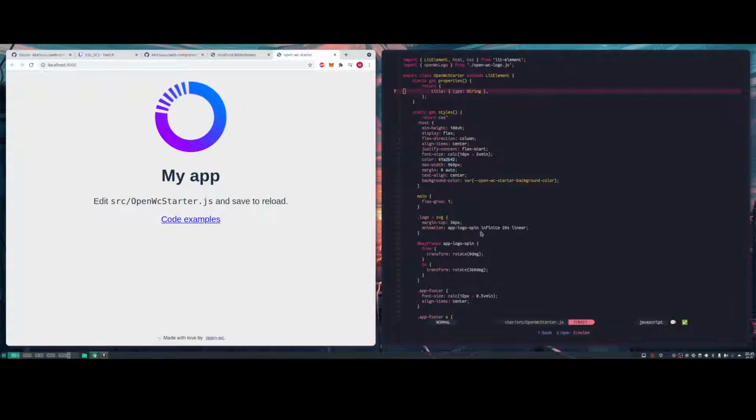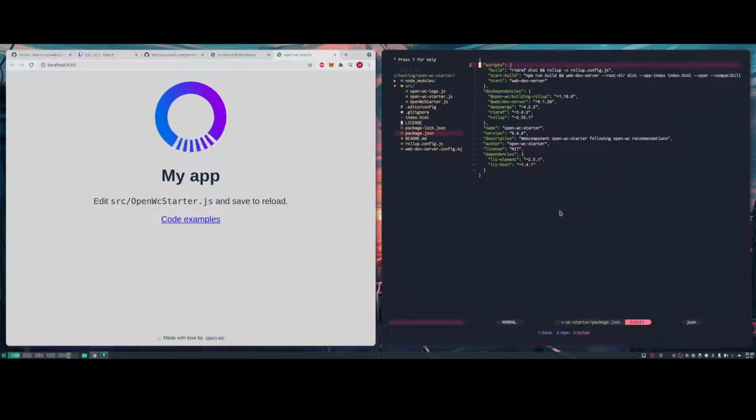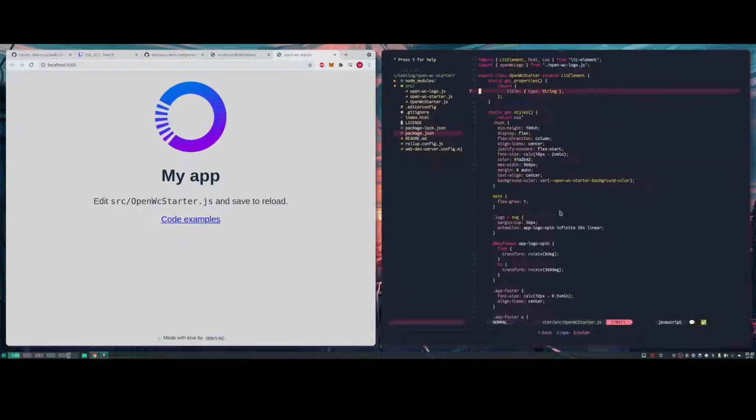So what we have here is just a regular OpenWC starter project. It doesn't have anything else than Lit as its dependency, and it also doesn't have any other elements than the OpenWC starter you can see here. I deleted one file from the starter, which was the custom elements JSON, because that's going to be the first